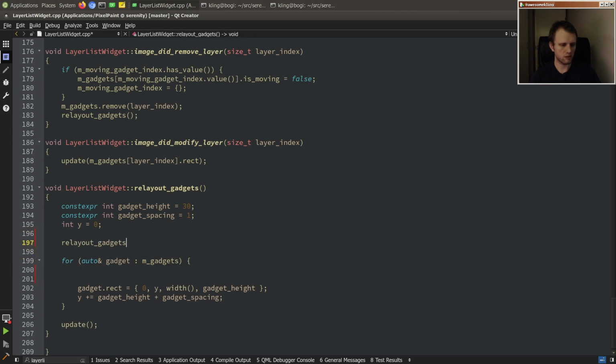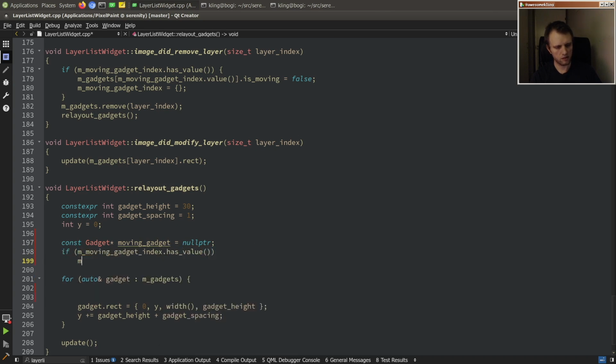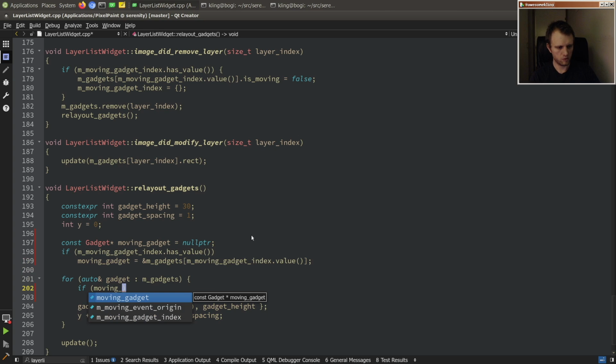Let's figure this out earlier. If m moving gadget index has value, then moving gadget is m gadgets at. Okay, so if moving gadget,